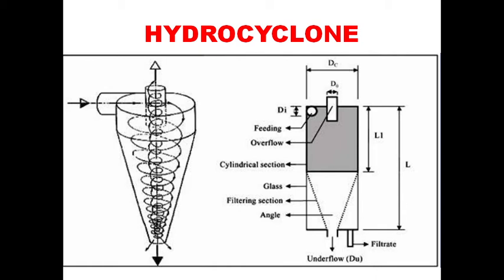Force is encountered by the resistance of the liquid, with the effect that larger or denser particles are transported to the wall for eventual exit at the reject side with a limited amount of the liquid, while the finer or less dense particles remain in the liquid and exit at the overflow side through a tube extending slightly into the body of the cyclone at the center.